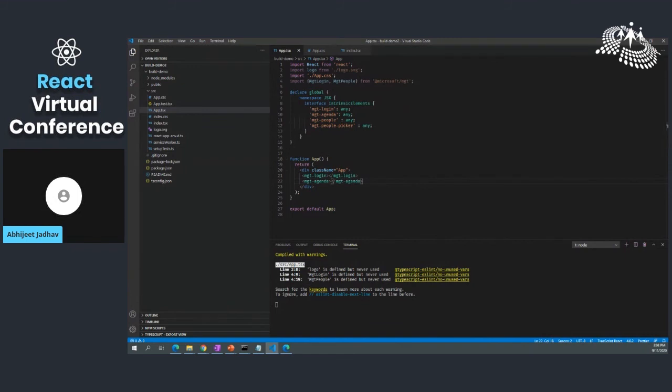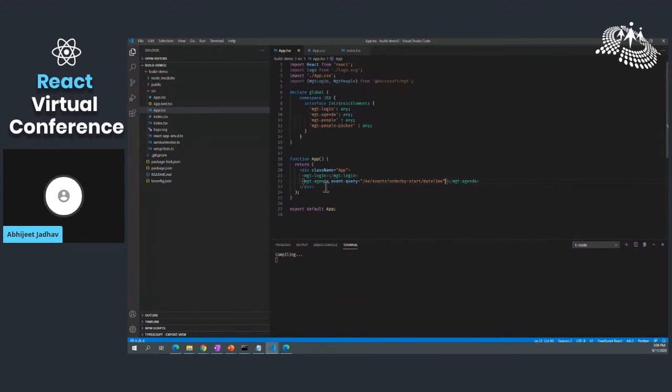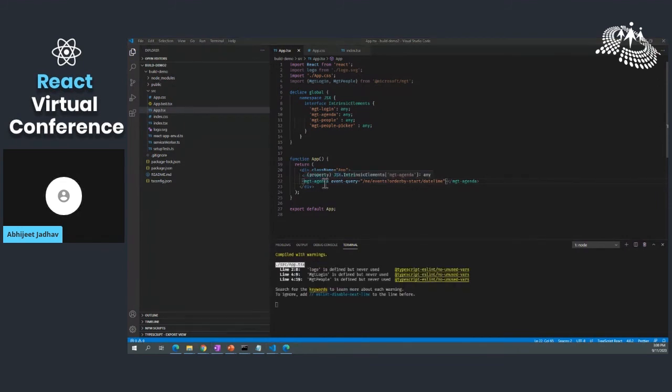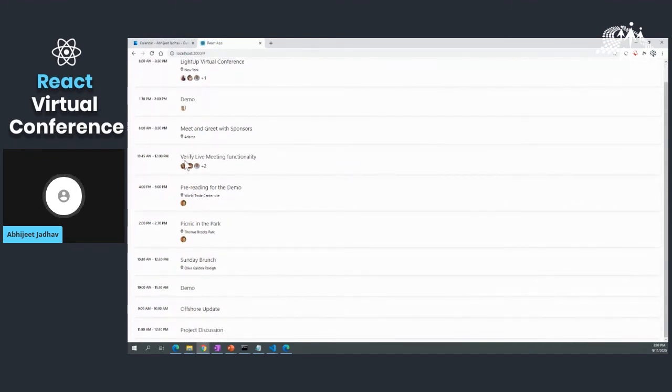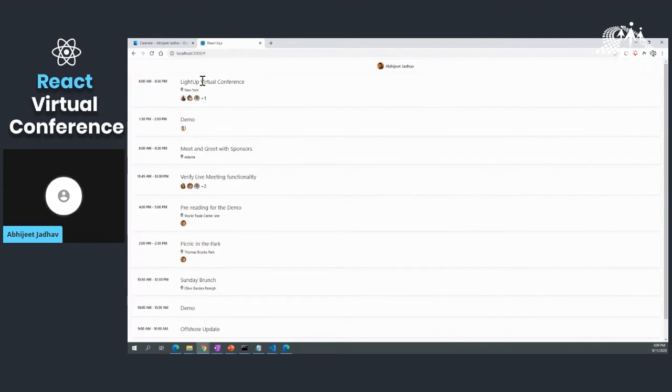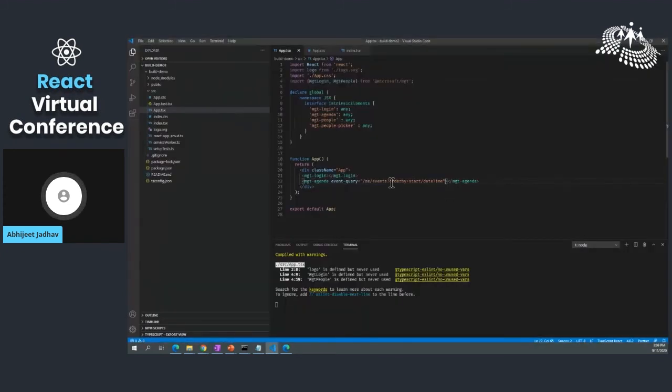Not only that, it is so powerful with the attributes, you can also query the data and display it the way you want. Let me add this attribute to the MGT agenda, and you will see that all the events are fetched, and not only that, the events are ordered using the start date time of the event.